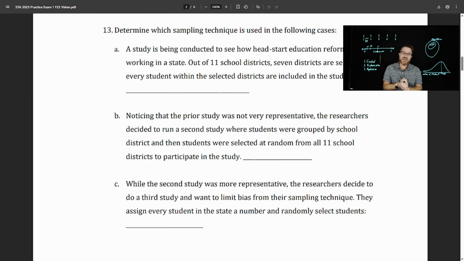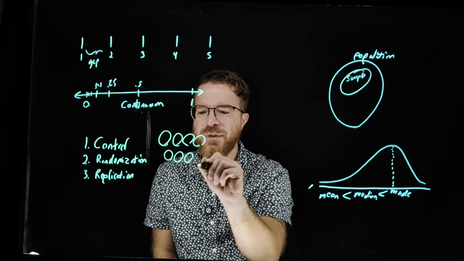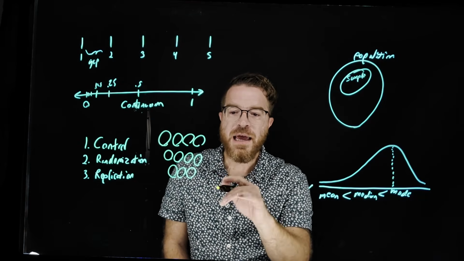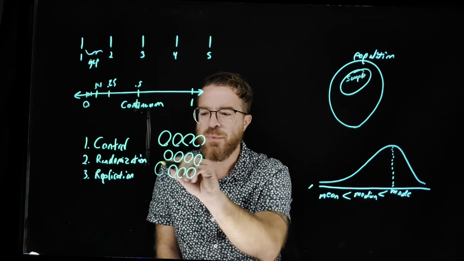A study is being conducted to see how Head Start education reforms are working in a state. Out of 11 school districts, 7 districts are selected, and every student within the selected districts is included in the study. This would be cluster sampling because we have our different districts, District 1, 2, 3, 4, 5, 6, 7, 8, 9, 10, 11, and we are specifically choosing